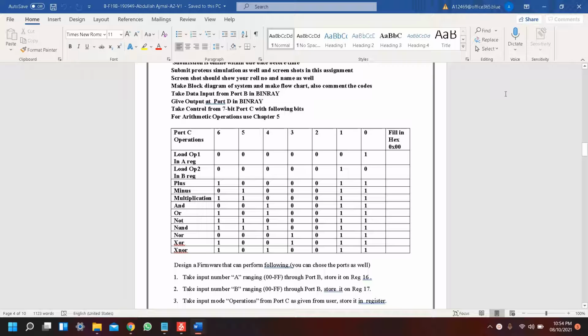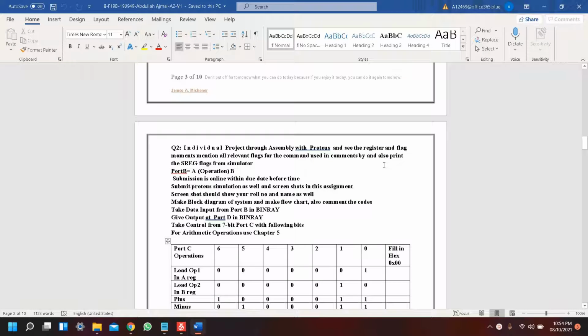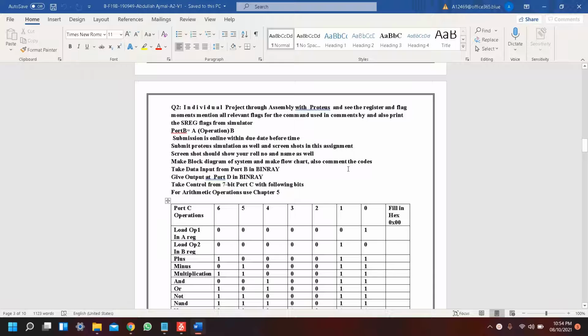Microcontrollers in embedded systems, assignment number 2, question number 2 and question number 1. So the statement of question number 2 is as follows: individual project, assembly with Proteus, and see the register and flag movement. Mention the relevant flags in commonly used components. Also print ports. So basically what we have to do, we have to create a program in which we have